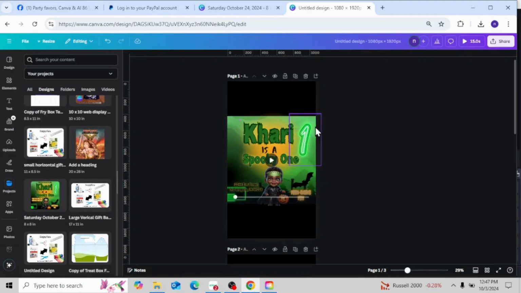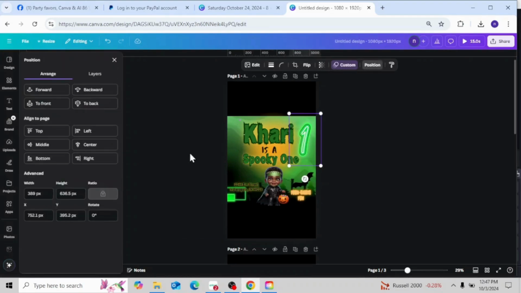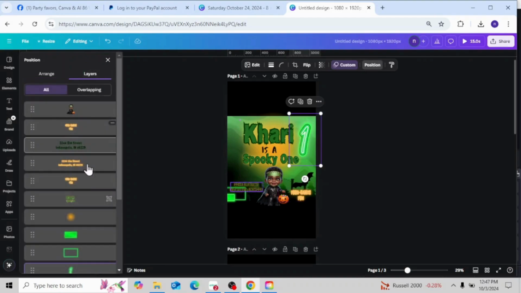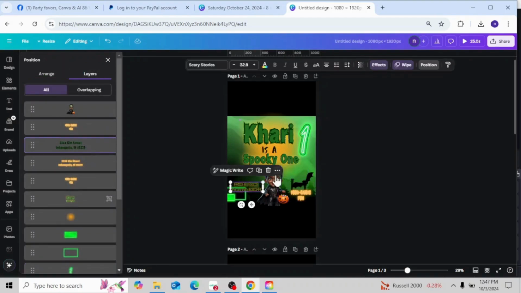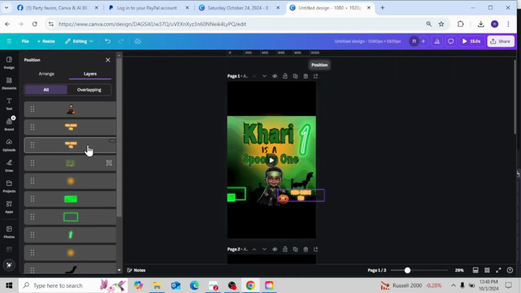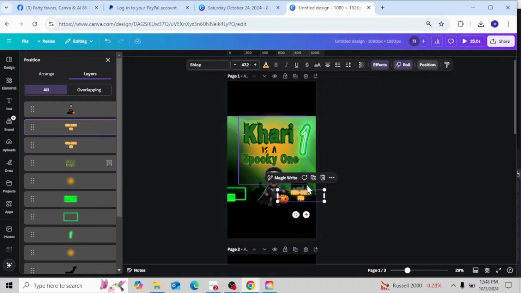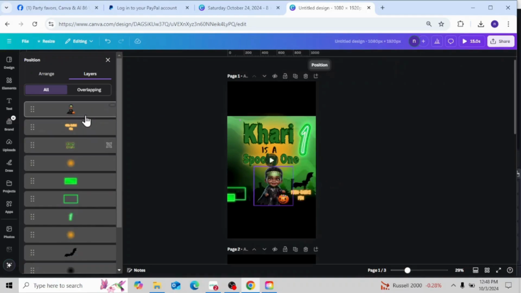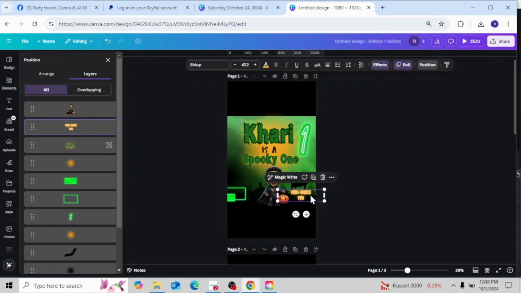And I'm going to go to my layers panel for the rest because that bar keeps popping up. So I'm going to delete all the rest of this text, and once I delete that text,